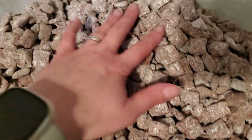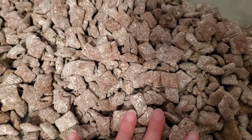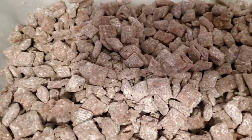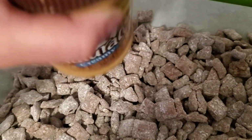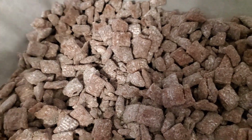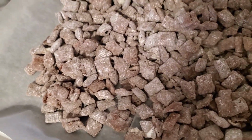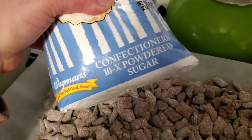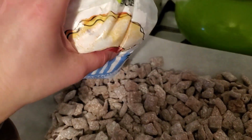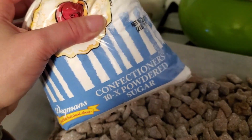These have to go in the fridge to cool. But this is Rice Chex, peanut butter. I have this peanut butter that I've just bought at the store, but I did use up the bottoms of a peanut butter that we had hanging around as well. I had to buy chocolate chips, but the reason that I did this is I have a ton of powdered sugar, and it has been hanging around my house for a long time. We don't regularly use it, so this is a great recipe to use up. I used up about 2 cups of powdered sugar,